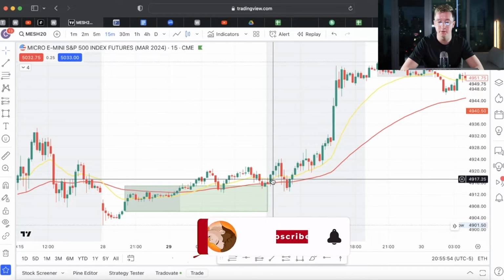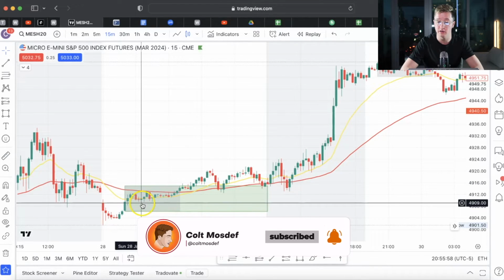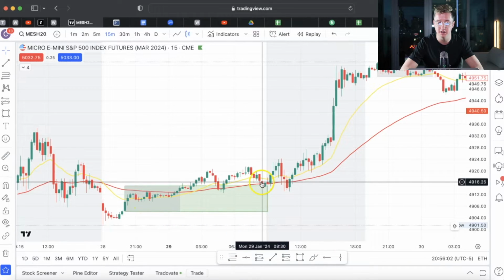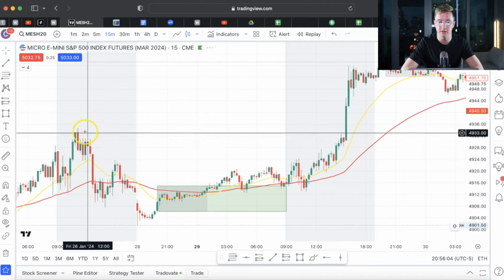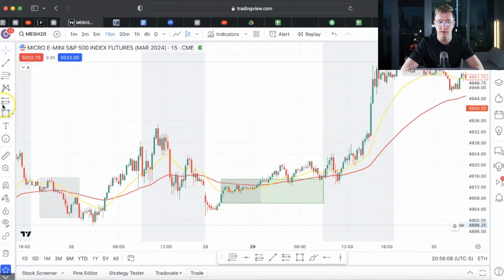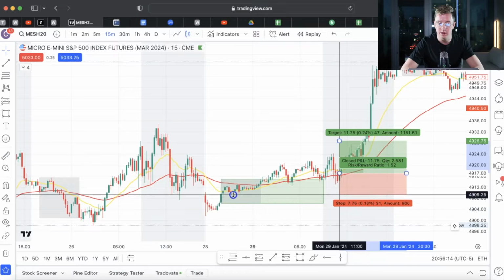You could have been a buyer right here, and then the low for that, or the low of the day, would be right here. Have your stops below here, and then boom, ride price up to this previous high, or look for another previous high. So if I was to take a position here, let's say that I wanted to go long right here, have my stops right below here,